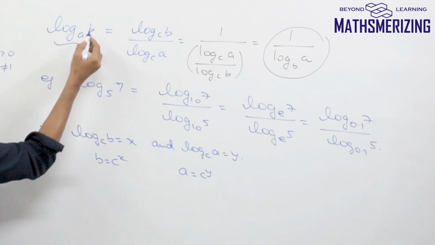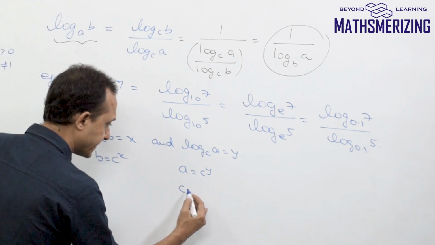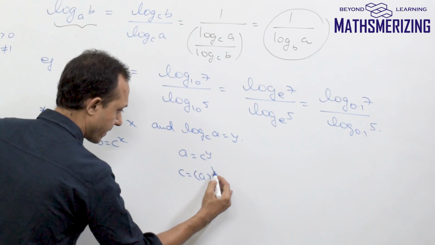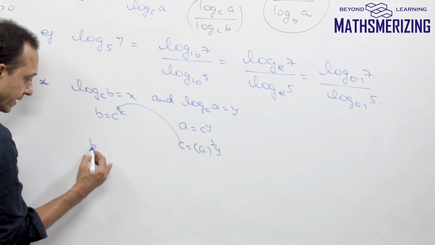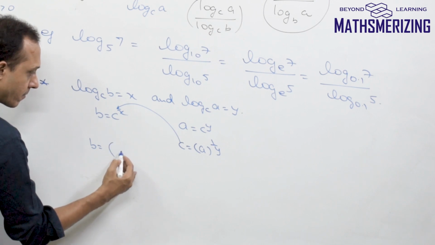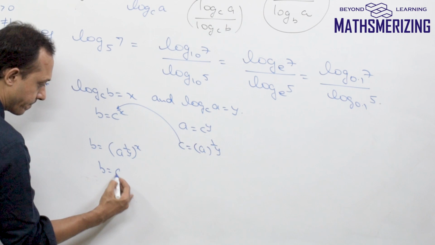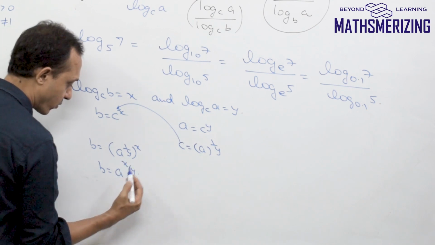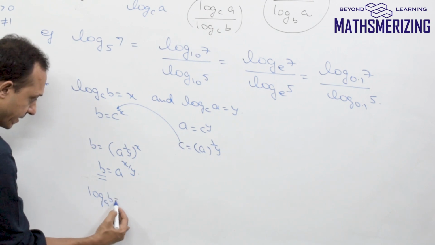So now I need to express b in terms of a. So I can write c as a to the power 1 upon y, and I can put the value of c here. I can write b as a to the power 1 upon y, to the power x, which is b is a to the power of x upon y. So if I take log to the base a, I can write log b base a is